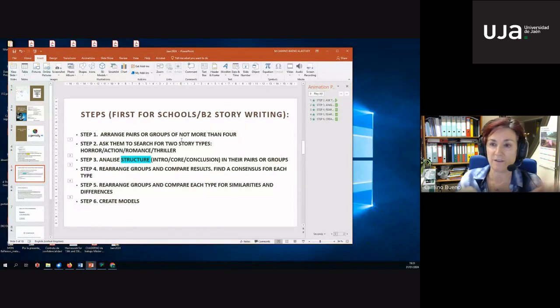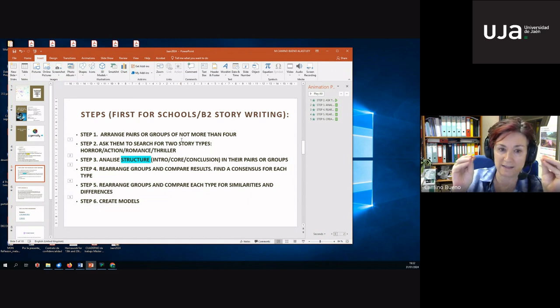So they write there, give me 2 examples of a horror story, or give me 2 examples of a romance story, a thriller, whatever. And then they also have to introduce the maximum number of words they want. So they have to tell the computer they want a story which is like 250 words, for example. With that, they have to analyze 2 or 3